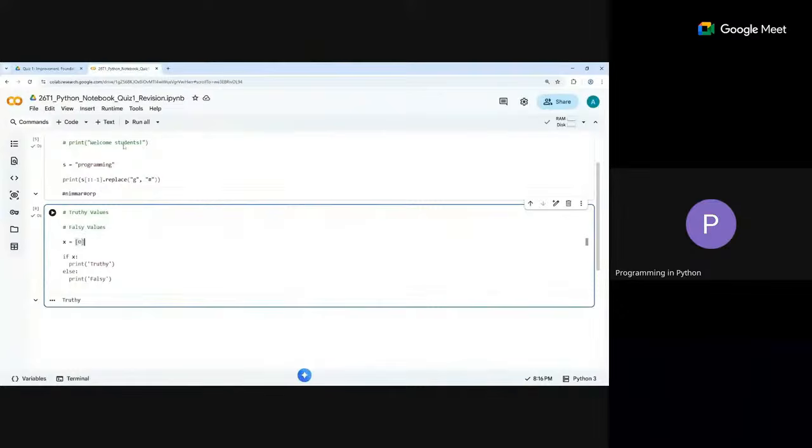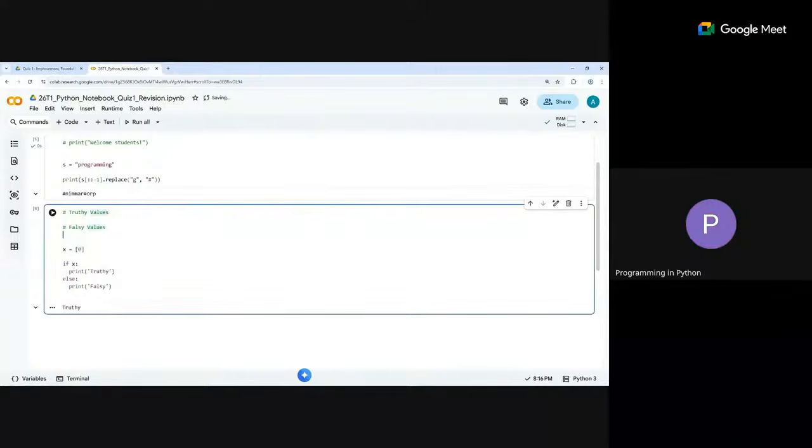Sir, can you mention what the truthy values and falsy values are, as a refresher? Correct, I'll mention that quickly. The idea is that you don't think about truthy values generally. In a previous session, the sir told me that 0, the empty string, and None, two or three things, are falsy values, and other than those, all values are truthy. Exactly. Whatever is falsy, other than that, everything is truthy.